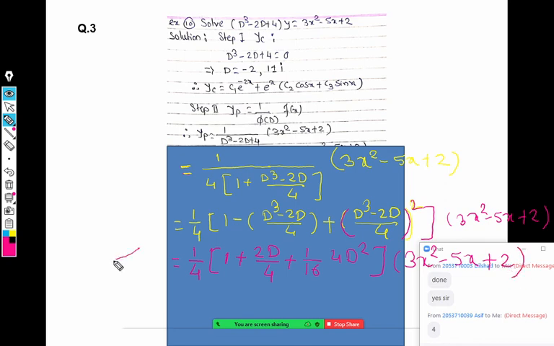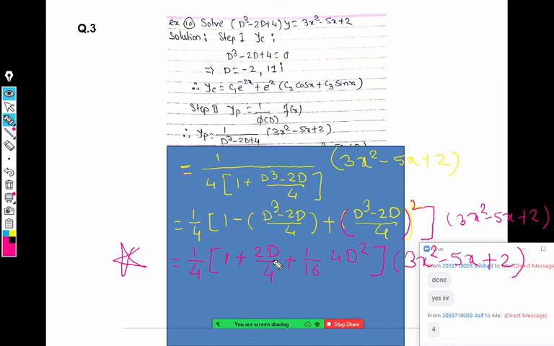This is the most important step. Generally, simplification is the most important. Ignoring unwanted terms is important. Otherwise, you can write all the terms; later on they are going to be 0 only. It is no harm if you write plus d cube by 4, sorry, minus d cube by 4. But in the next step you will have to write plus 0 or minus 0 there. So unwanted terms, no need to write them. If you write them, that is also not a problem. You will get the zeros in the next step only.